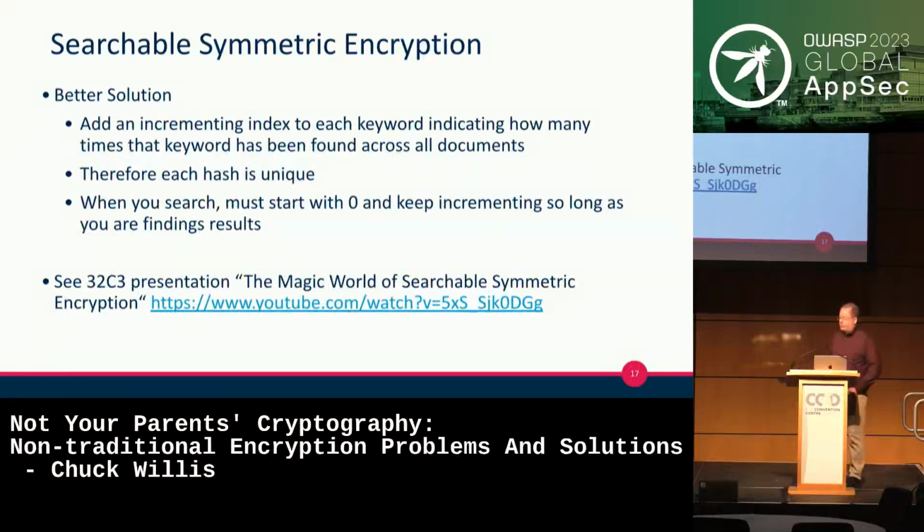If you want to see a lot more detail on that, there's a presentation here from the Chaos Computer Club that goes into how this works. But the basic idea is that you've got an incrementation there that basically keeps it from being repeatable encryption. And this is also one of those situations where, as far as I know, there are no commercial solutions that currently implement this. So if you wanted a scenario like this, you're going to have to do it yourself. Whereas, as I mentioned earlier, for just deterministic encryption of a single field, that's something most databases support already.